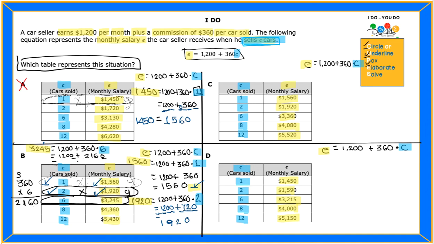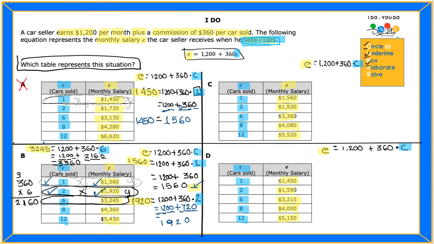Okay, so I'm gonna add ones to ones. 0 plus 0, that's gonna make a 0. Then I'm gonna add tens to tens. And that's 6 plus 0, that's a 6. Hundreds to hundreds. That's 1 plus 2, that makes a 3. And then I have thousands to thousands. 2 plus 1, that makes a 3. So when I combine 1,200 plus 2,160, we get